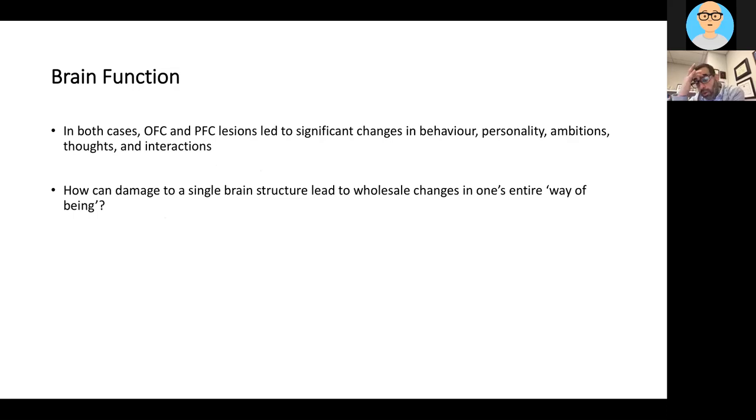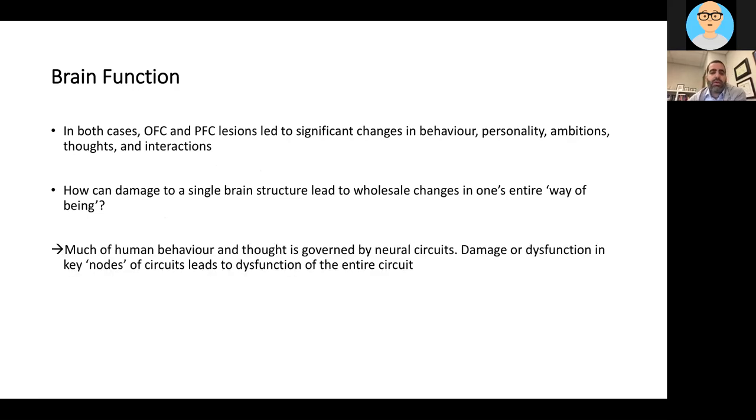So their motor function was intact, sensory function was intact, everything was intact other than their profound judgment in the area. So this is where we start talking about the fact that much of our human behavior and thought is governed by brain circuits, neural circuits, that damage or dysfunction in key nodes in those circuits can lead to dysfunction of the entire circuit. So much like you have an electrical circuit where key nodes are all connected to each other,